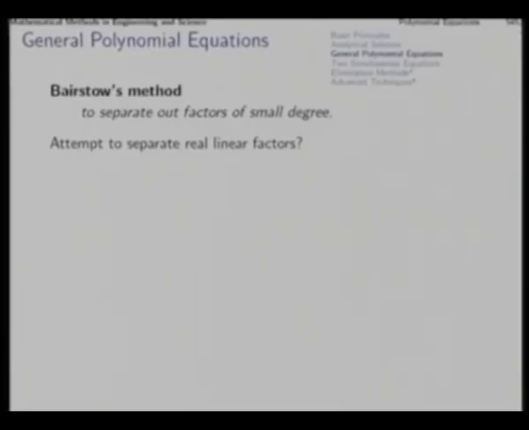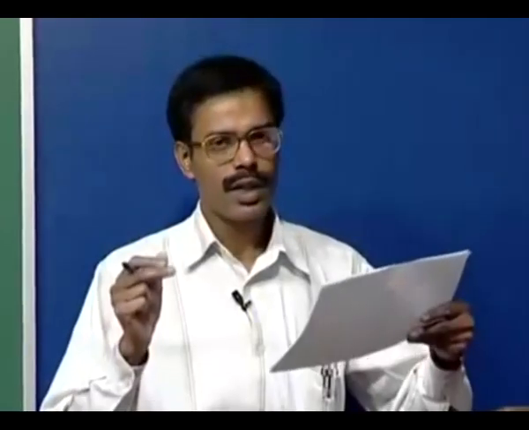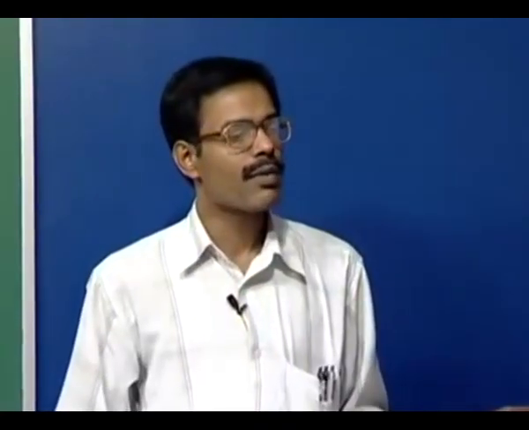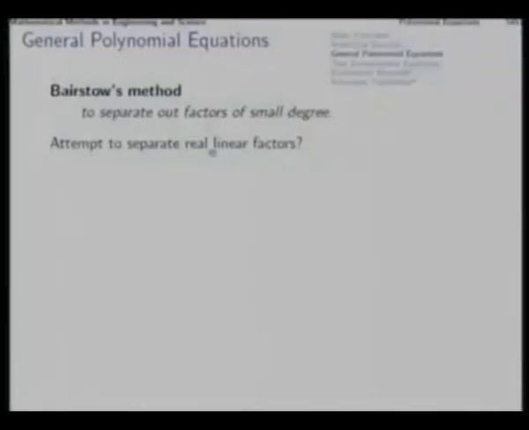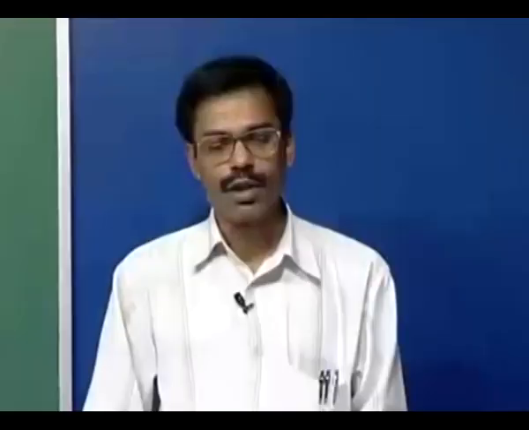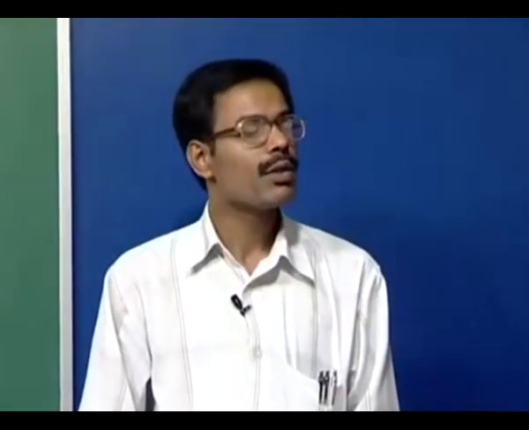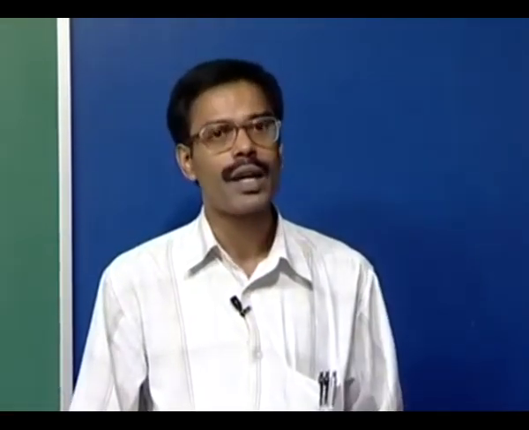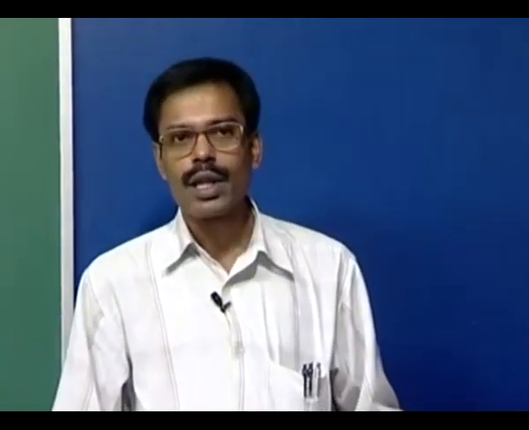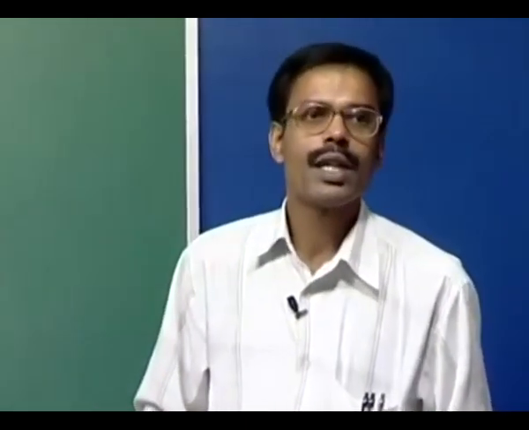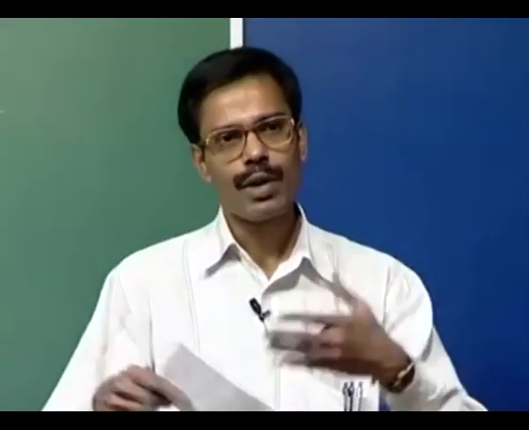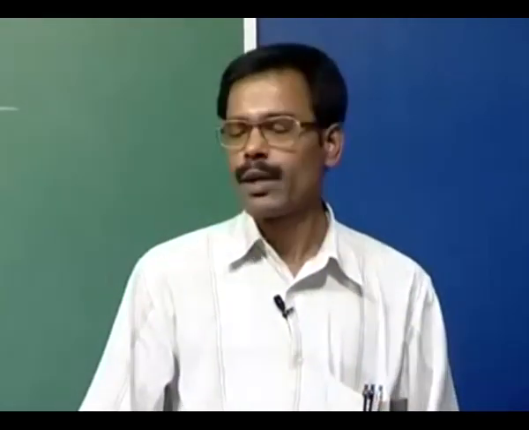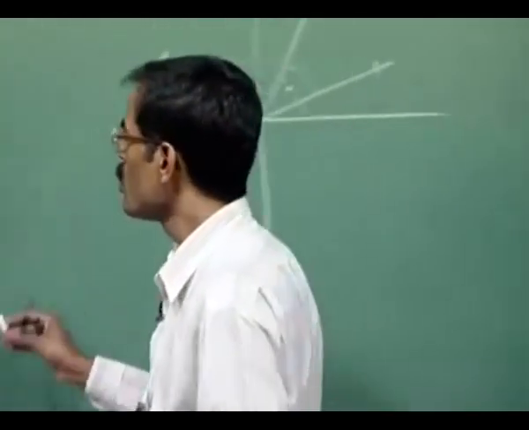What it does is that from a given polynomial, it tries to separate out factors of small degree. Now if you try to attempt separating real linear factors like ax plus b, then that may not always succeed, because a priori you do not know whether the polynomial has real roots. But then you know that if it has complex roots, then complex roots always will appear in conjugate pairs, and when you multiply two such